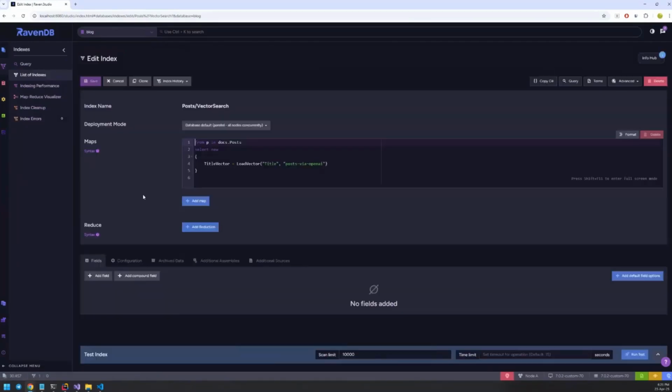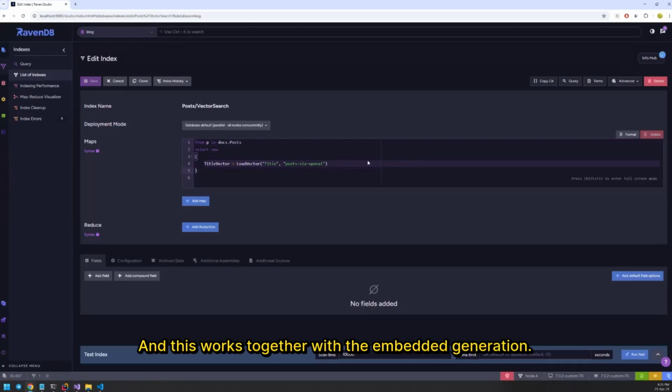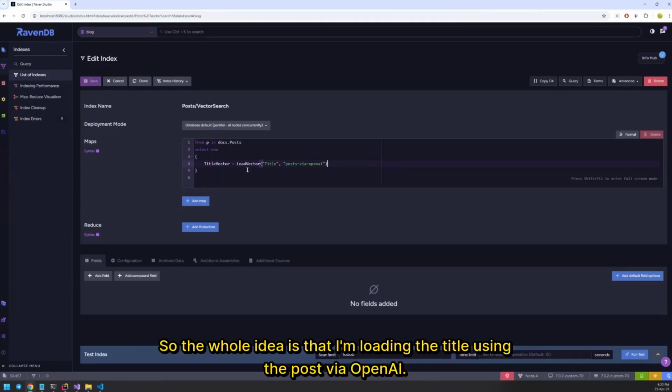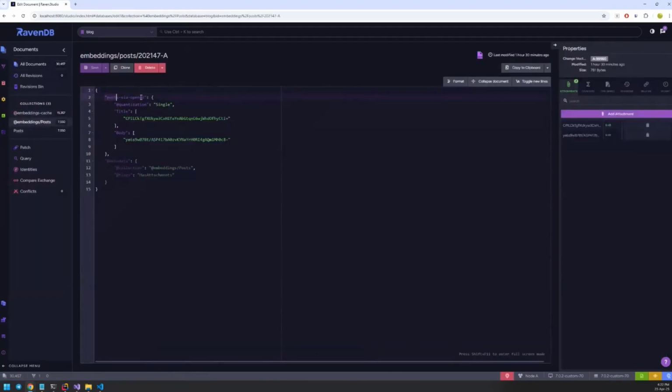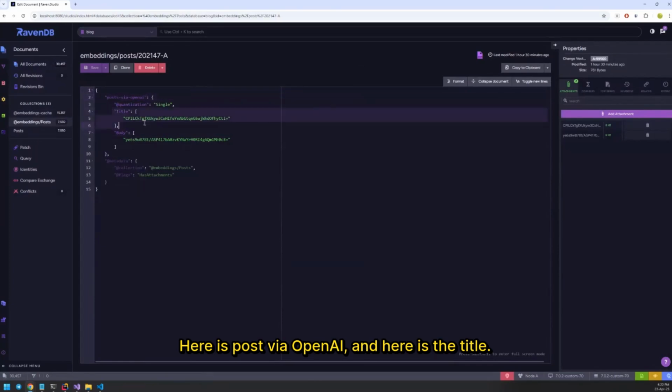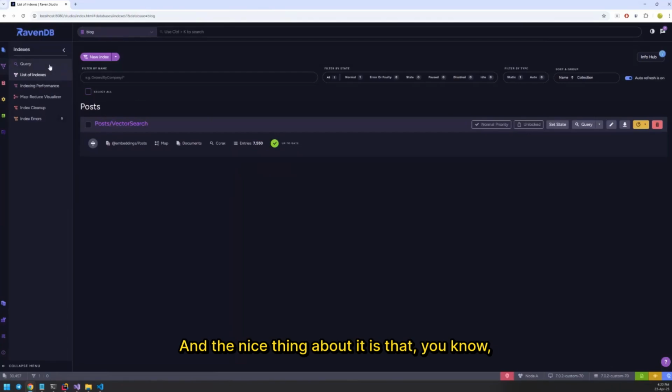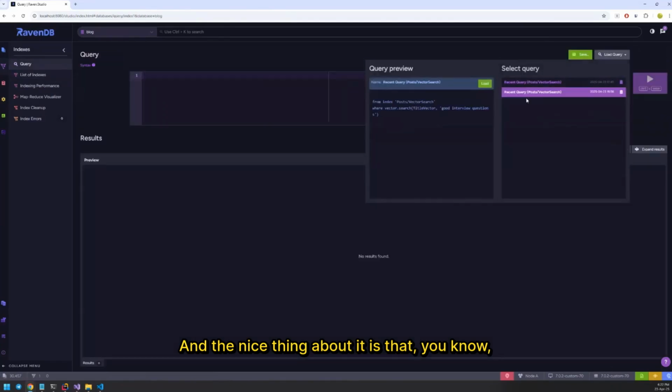Here's what I have here. And this works together with the embedding generation. So the whole idea is that I'm loading the title using the post via OpenAI. And the way that this works is that I have this guy. Here is post via OpenAI, and here is the title. This is how I know which attachment to go to. What is the associated vector from this behavior? And the nice thing about it is that, look